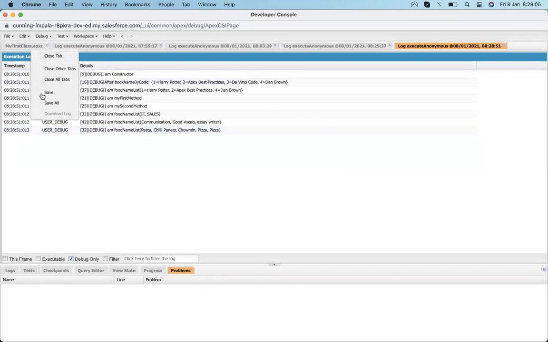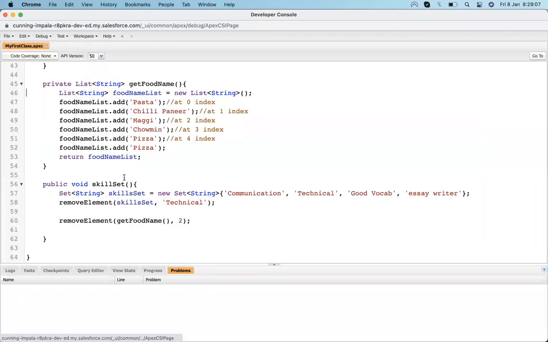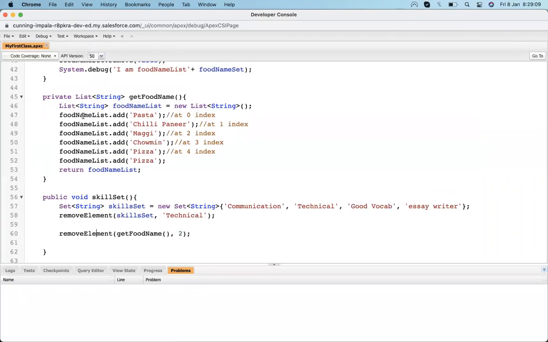Since it is a private method, it's not called from outside, but it's an example of how a private method can be called. It's not called from outside the class, but we can call it inside the class.